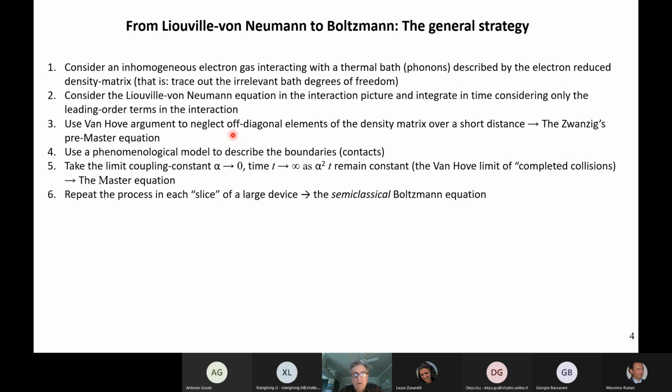We'll find how the system evolves in equilibrium with the master equation. It will take a little bit of work to derive it. Finally, we will open the device, adding a term which expresses the interaction, the exchange, I should say, of particles between the closed device and the contact. So the system now will become open. We will take the Van Hove limit, which is the crucial step,